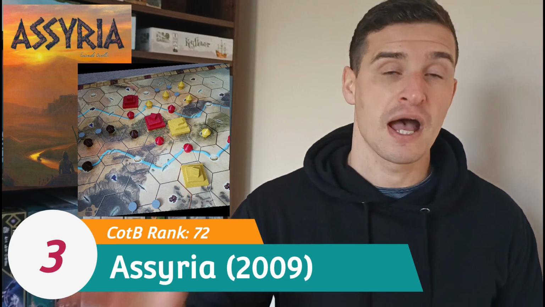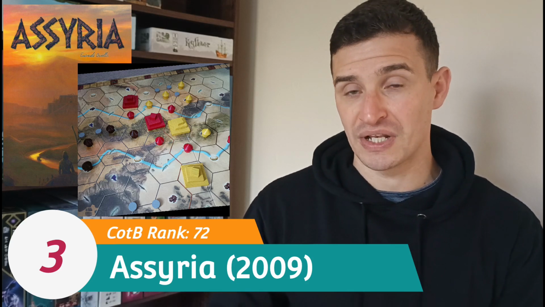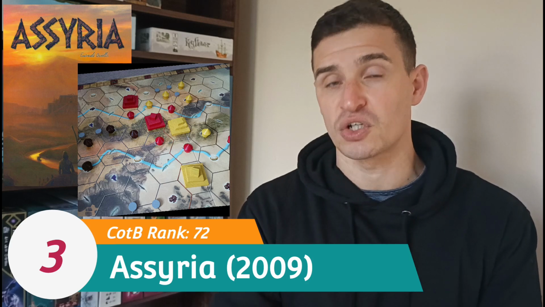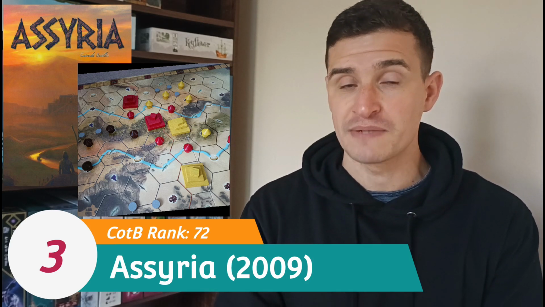At number 3, I have Assyria, which is certainly a strange and unique game. I can't directly compare this to anything I've played before. This is a game where you are initially drafting these cards to collect resources. The better cards you collect means you're going to go last in turn order, and what you're doing with these resources is deploying these huts onto the board to get victory points, to build formations to get even more victory points, but also to deploy them on these rivers to collect these camels, which is a really powerful currency